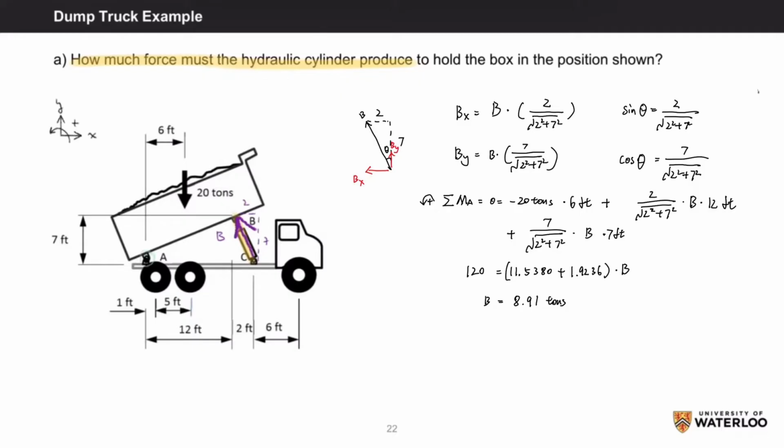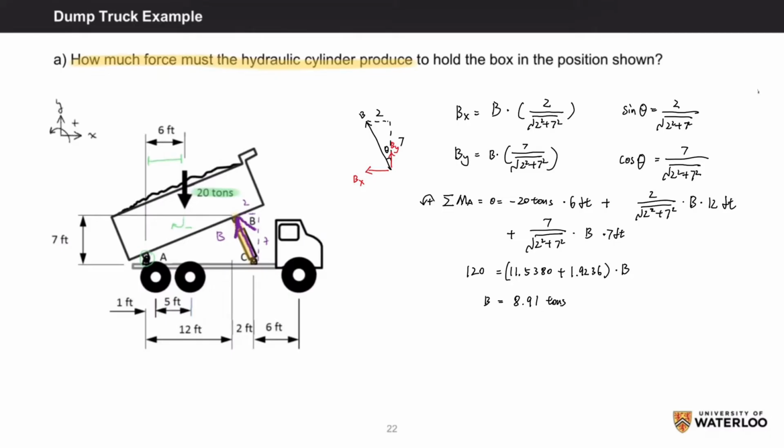So the sum of M about A equals 0 will account for the 20 tons and the vertical and horizontal unit vector components of B. The 20 tons is pretty straightforward. We'll be subtracting it because it acts in the negative clockwise direction, and its normal distance to A is 6 feet, so we'll multiply -20 tons by 6 feet, plus 7 over root 53 times B, the vertical component of